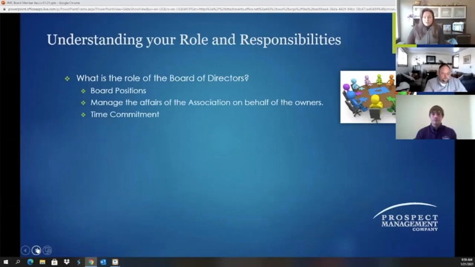We certainly have boards and board members that maybe take on more than they should. We do our best, the board and management company, to help move the initiative along, but that's sometimes just personalities too. We're definitely here to help and make the job of serving on your board of directors easier and less of a time constraint.